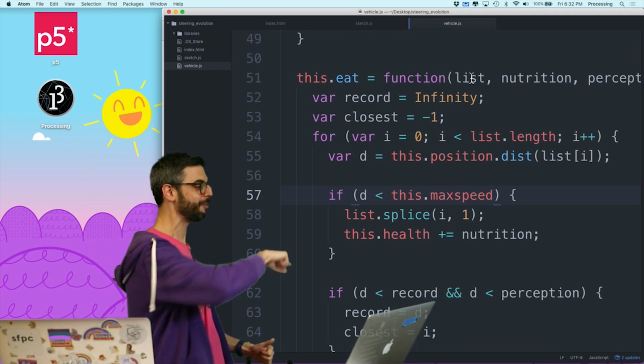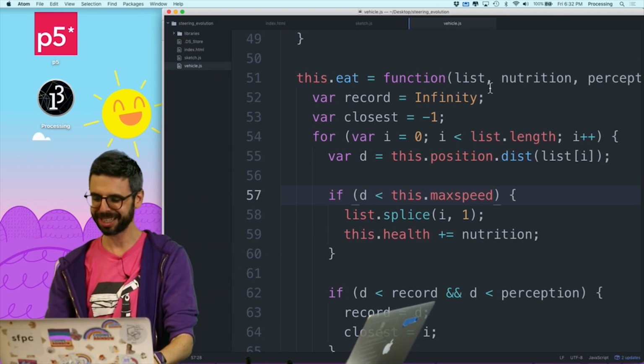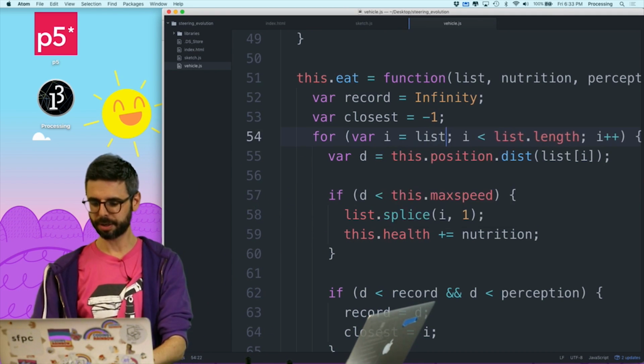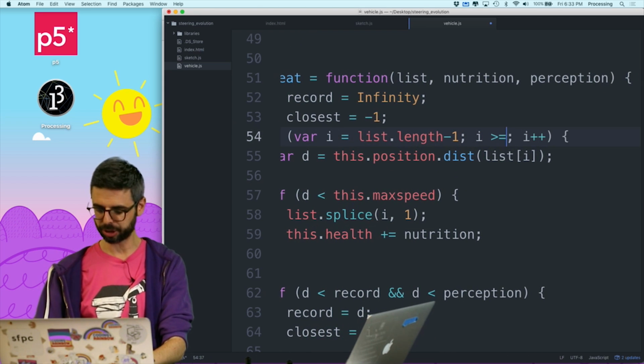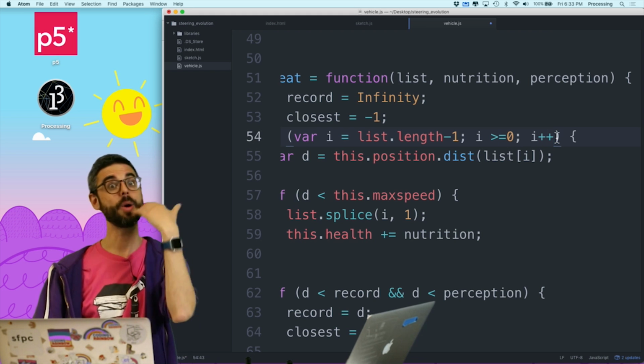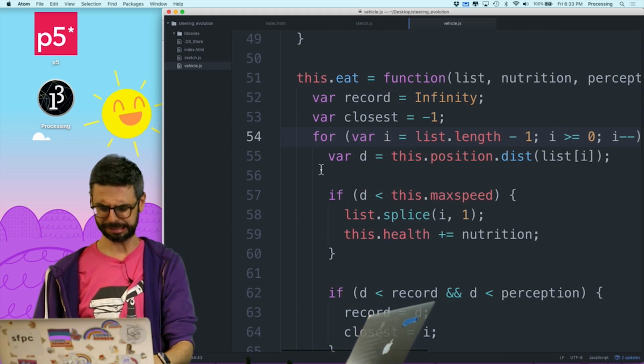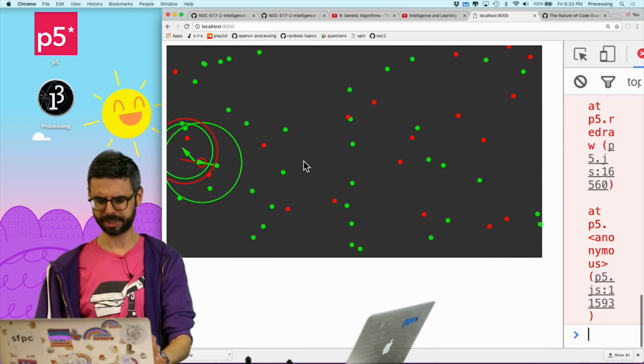And then I've got that same problem. If I'm removing stuff while I'm iterating through it, I should really iterate through that list backwards. So I'm going to put this here, length minus 1. I'm going to say go all the way down to 0. And instead of going up while iterating, minus. Now let's just see if everything works the same.